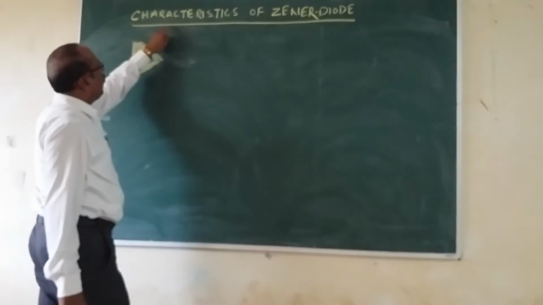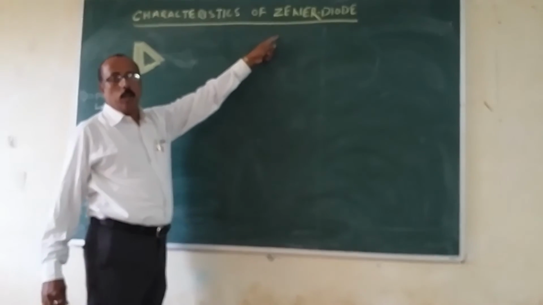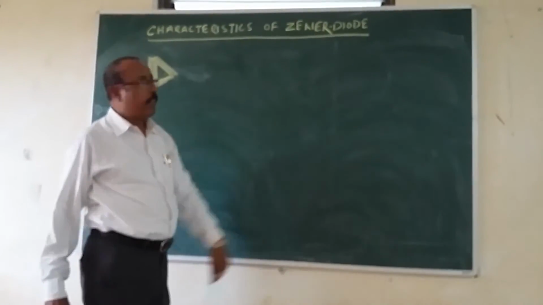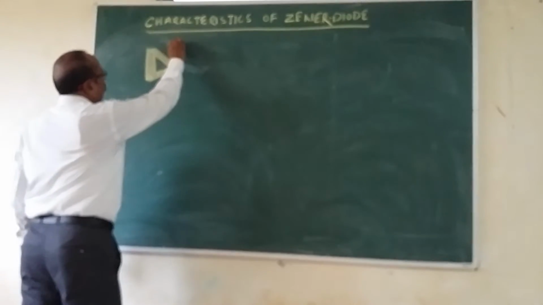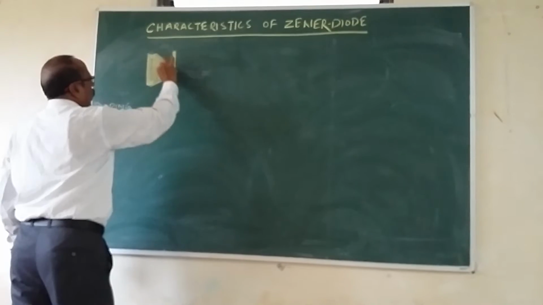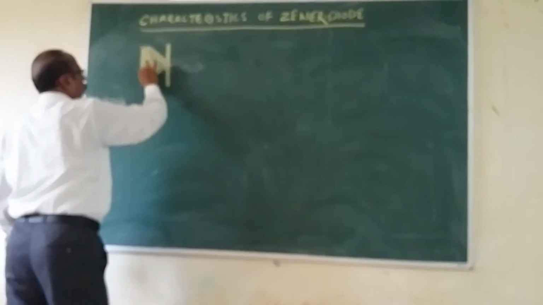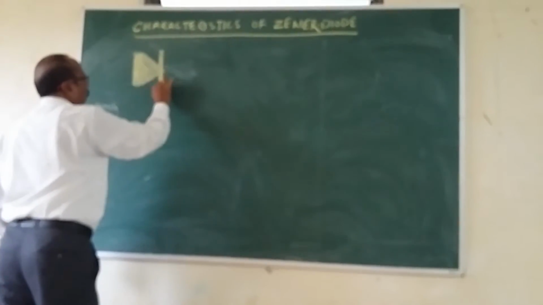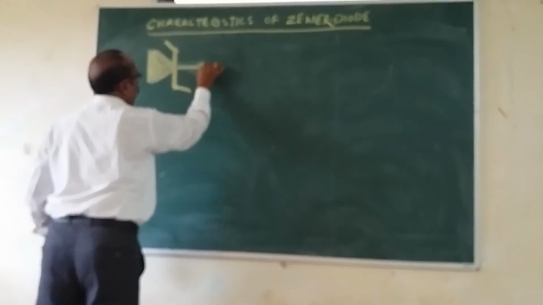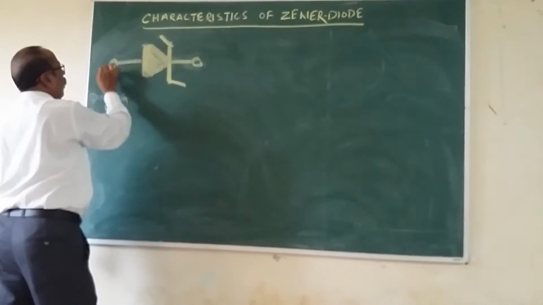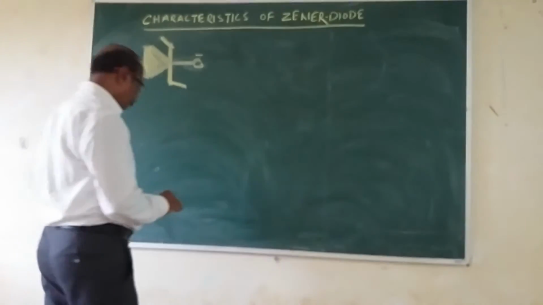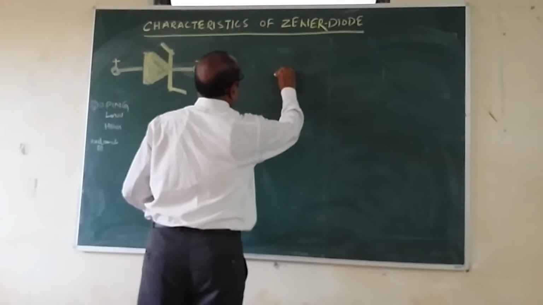Today the topic is the characteristic of the Zener diode. This diode is very important for semiconductor devices. The symbol of the Zener diode is this arrowhead. This is called the arrowhead, and this is called the bar. This is plus, and this is minus. And now, the characteristic of